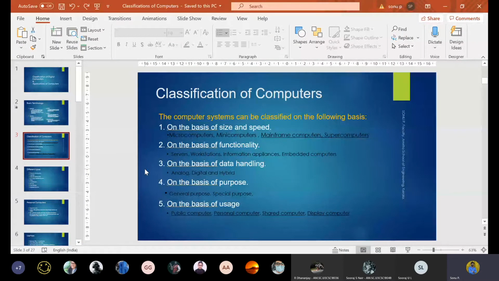Workstations are used in institutions where we can share resources. In our college we have computer labs with different numbers of computers, and different labs will be there for you. You can go and sit at any computer and log in using your credentials. That's why they are called shared computers or public computers. Publicly, you can use any computer. The main thing is that you have to log into the network, and only then can you access the materials.